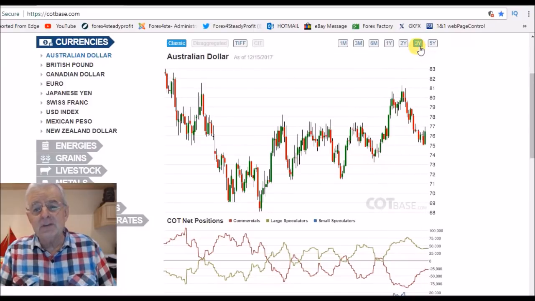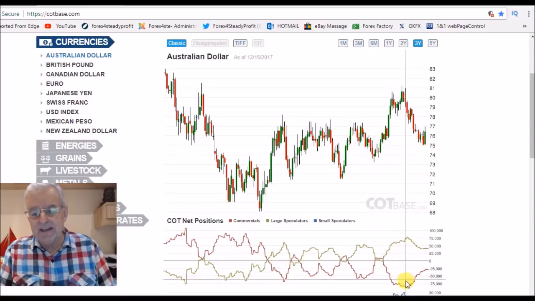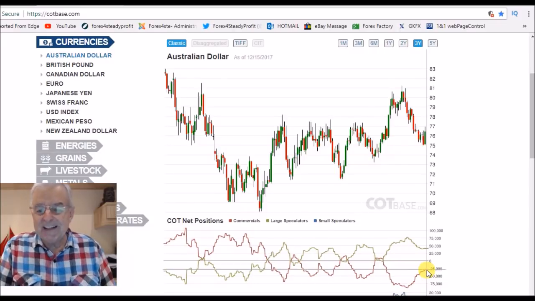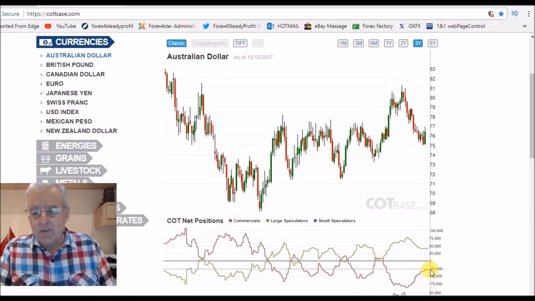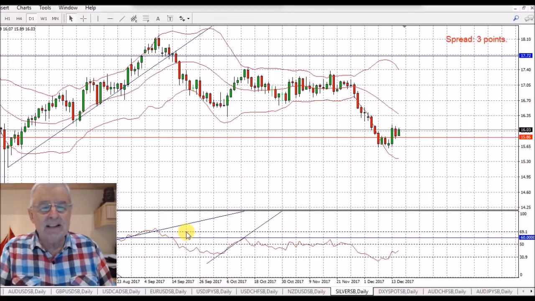We'll start with the Commitment of Traders report, starting with the Australian dollar. This is a 3-year chart, and you can see how we went to an extreme bearish position, and we moved off the highs. We've come down, we've moved quite nicely, and I am expecting actually a pullback. Now we've had a little bit of a pullback, but I was expecting more. So if we just go over and have a little look at the chart,